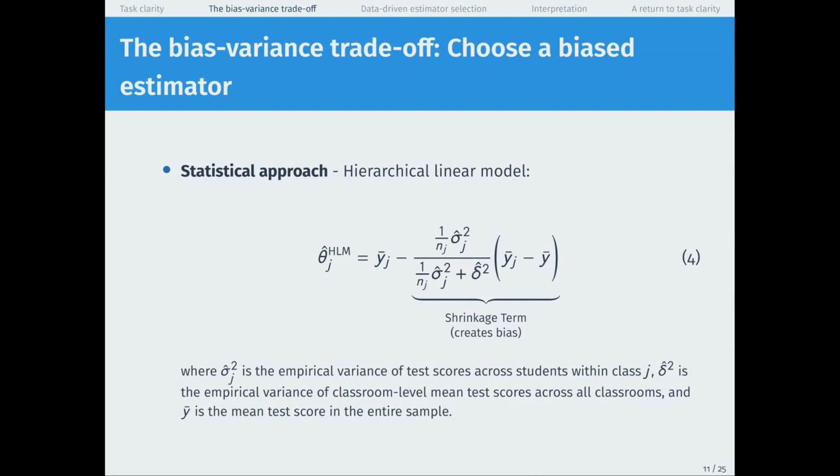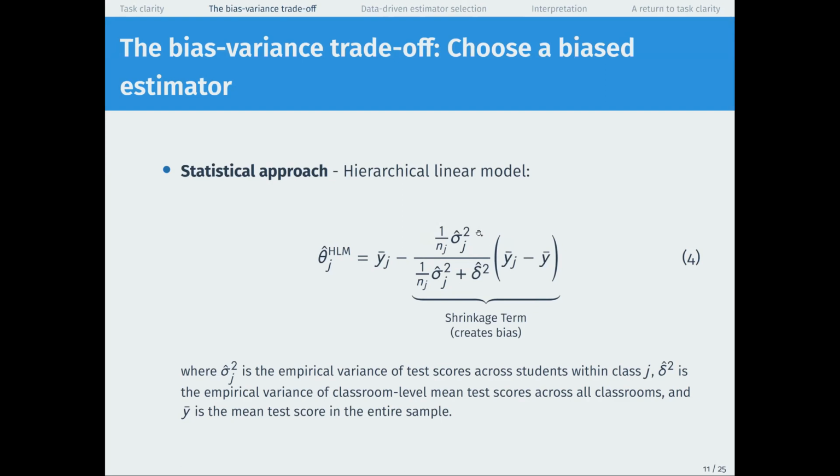And so you might want this shrinkage term if you think that all the classrooms have something in common, so that when you see one that's very far away from all the others, you might worry that it's far away by random chance, and it would be better to pull it in toward the central tendency of the whole data set. The degree you might want to pull it in is this fraction here, which looks like the most complicated part of what's going on.